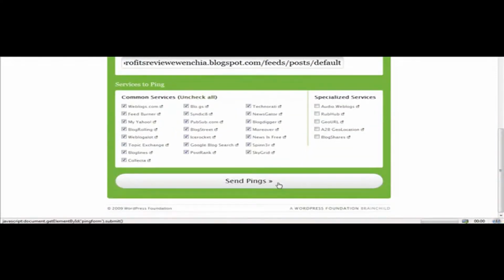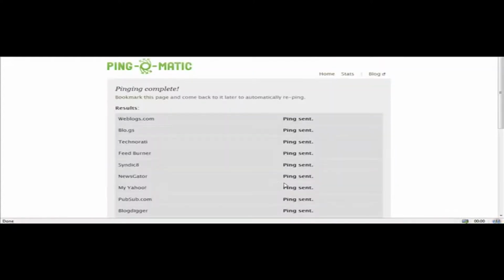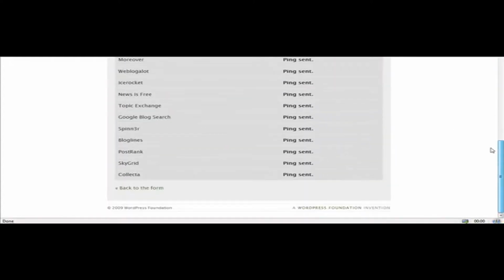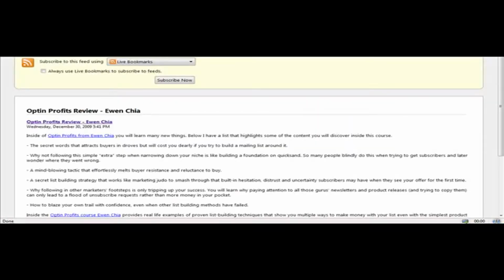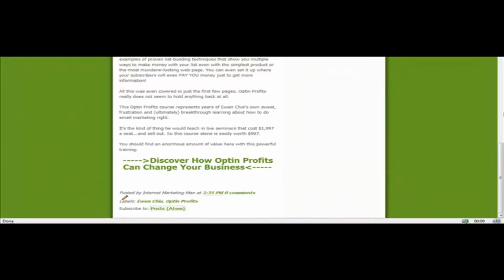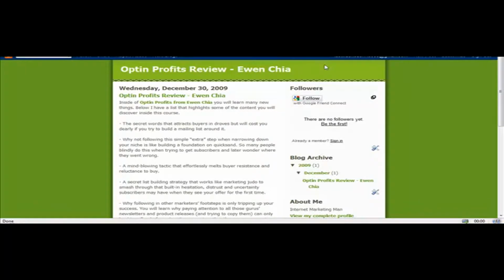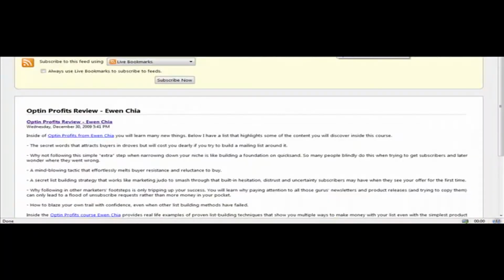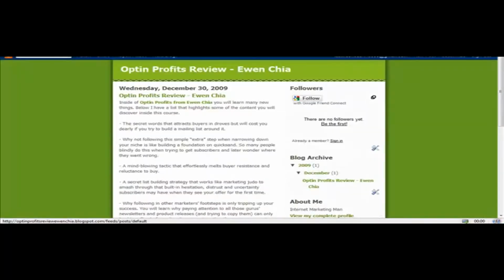What this will do is help this new blog get indexed in the search engines. And when that's done, you should see a bunch of this information. So now you've got your blog, and you're also at this point going to want to make sure your RSS feed stays up like this, because we're going to use it in the next video,